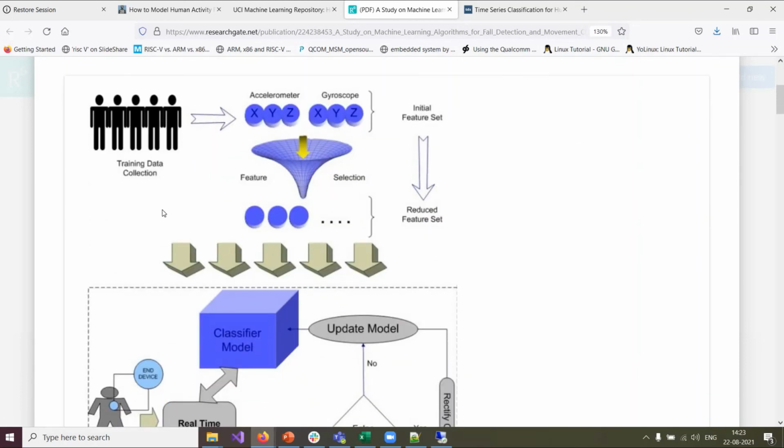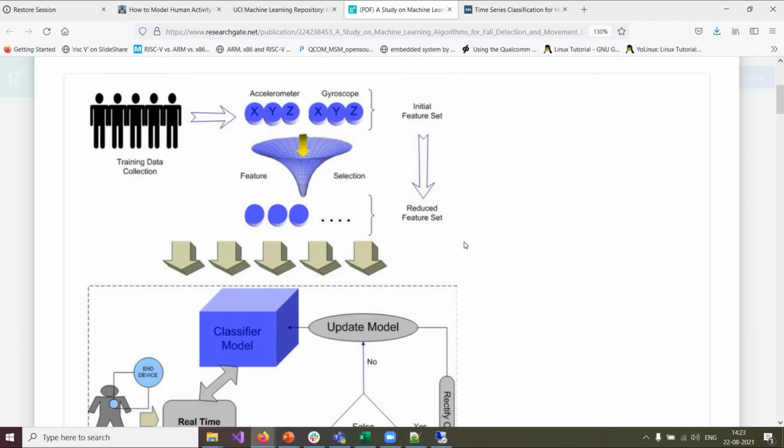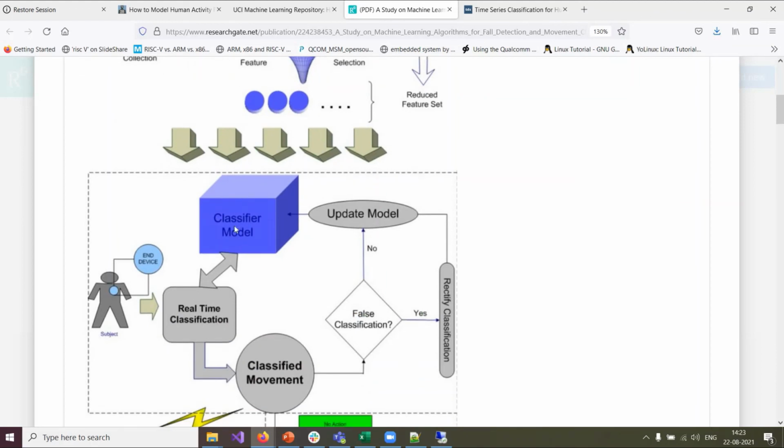If you see, first you need to get the training data, which is the dataset, and then do the feature extraction. You have the reduced feature set, and then you have a classifier model. Whatever data you get from the end device for activity recognition, you do real-time classification using the classifier model.